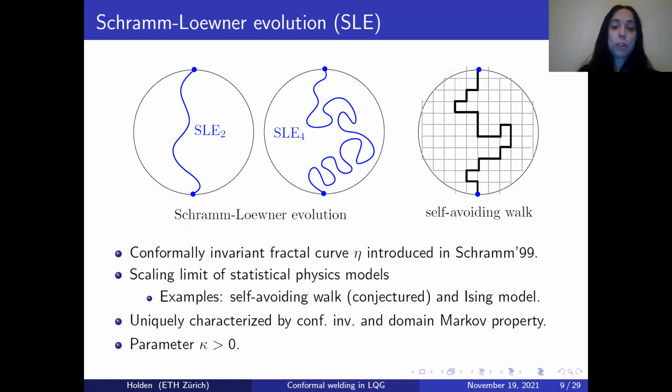And it has also been proven to describe the scaling limit of interfaces in the Ising model and also in several other statistical physics models. So Schramm realized that several of the discrete models that he was interested in were conjectured to have scaling limits having 2 properties in common. These 2 properties are known as conformal invariance and the domain Markov property. And he realized that there is a unique 1-parameter family of curves which satisfy these 2 properties, and he